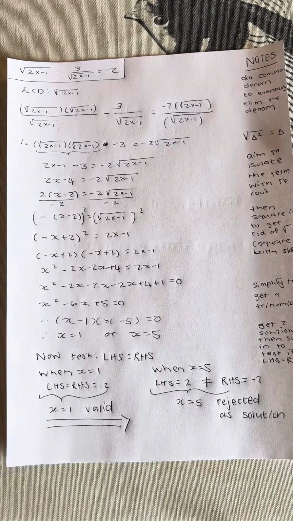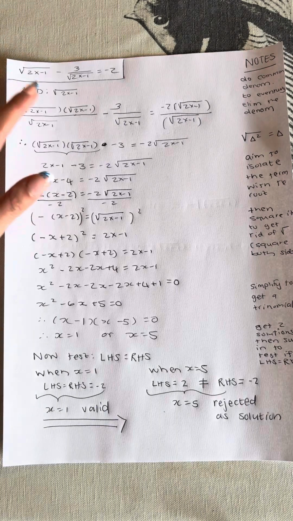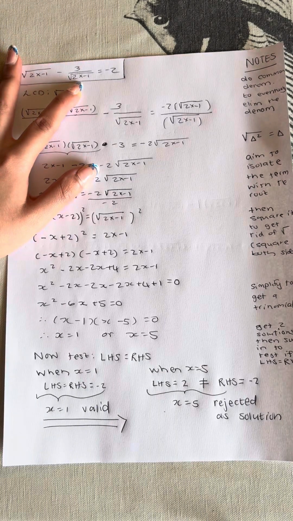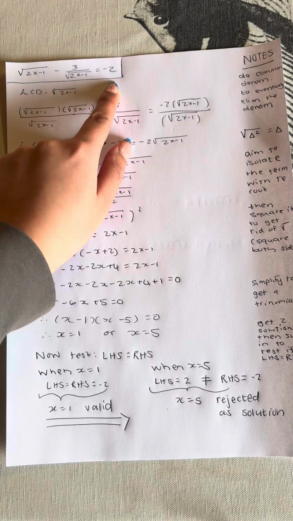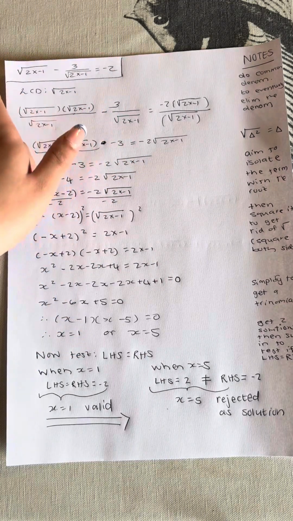Hi everyone, our sum for today is here at the top of the page. It's the square root of 2x minus 1, minus 3 over the square root of 2x minus 1, is equal to negative 2. For starters, ask yourself, the ugliest part of the sum is the fact that we have a